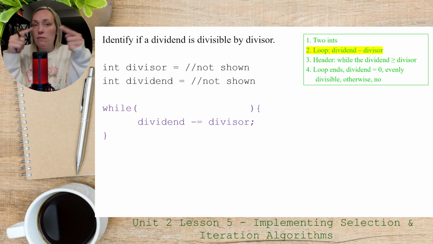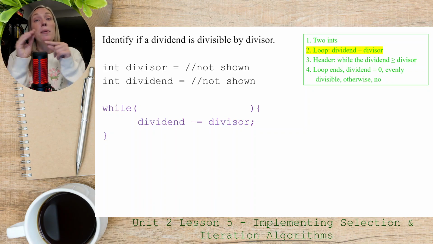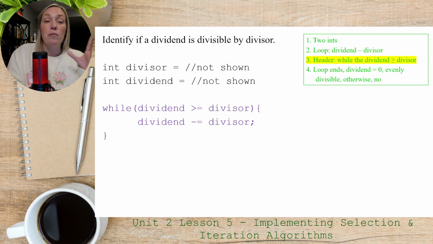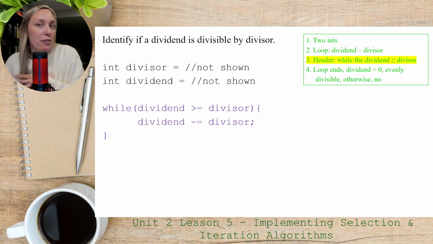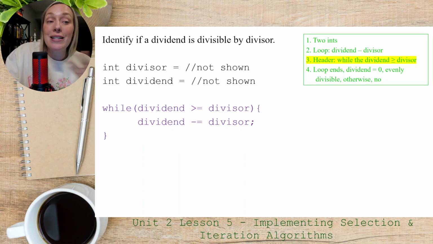If that makes more sense to you, write it out that way. You don't have to use a compound operator here necessarily, but that's what I wrote out. But that's what I want to do. I want to keep doing. When do I want to stop? When the dividend was less than the divisor, which means I have to write my while loop while the dividend is greater than or equal to my divisor. I want to keep subtracting that divisor. And then once the dividend